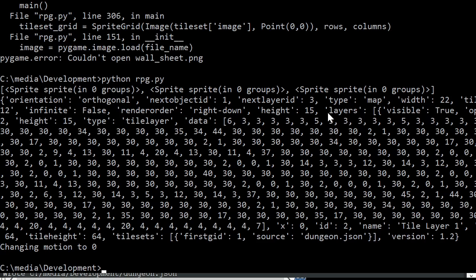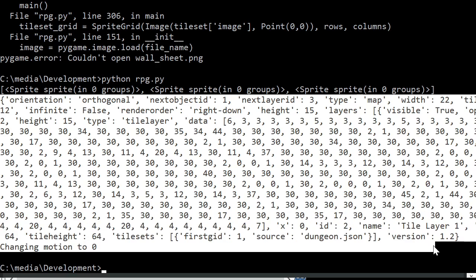Okay, most important part here though is the layers. So we want the first layer is data. Okay. And